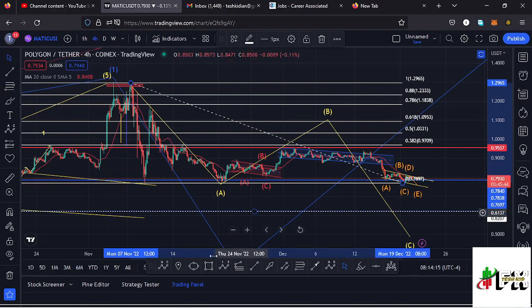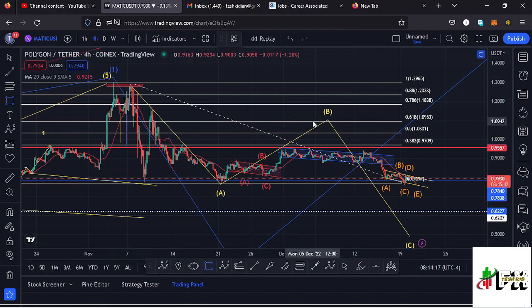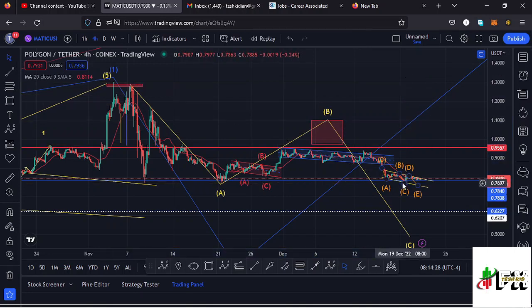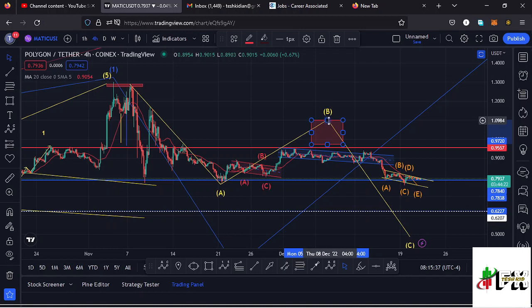That gives me a minimum retracement area in the formation of that wave B between the fib level 0.618 and the fib level 0.382, which perfectly lies between the $0.97 mark and the $1.09 mark, which is a target area that we have not fully maximized. And from what you can see here on the charts, there are chances that we might not fully maximize this